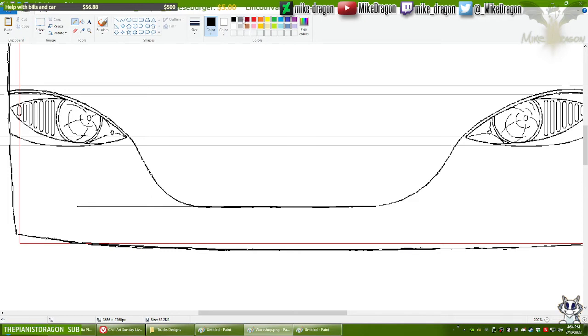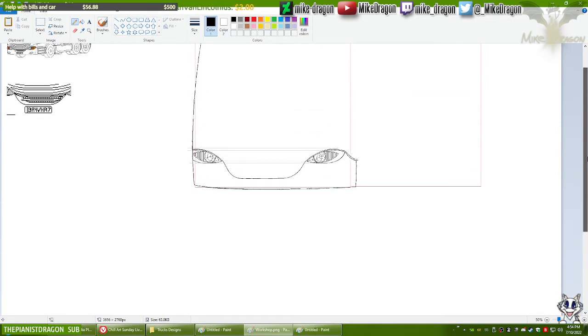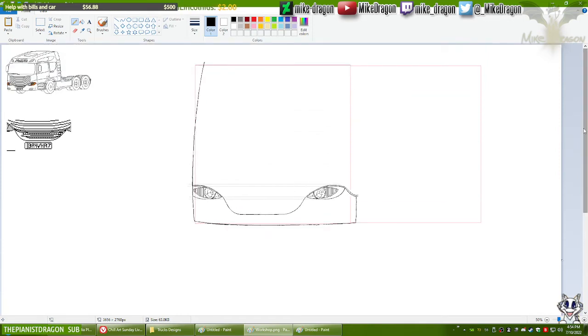Yeah. Let's remove the gray now. Yeah, it does look like it is a tad wider, doesn't it? I think it's the shape of the curvature.